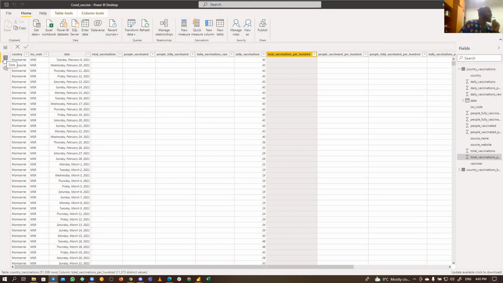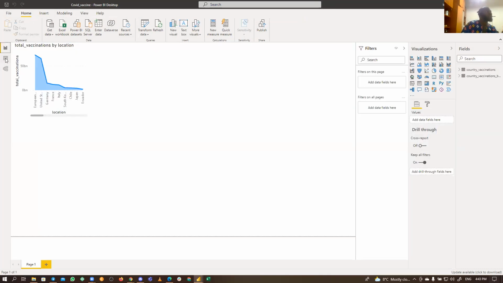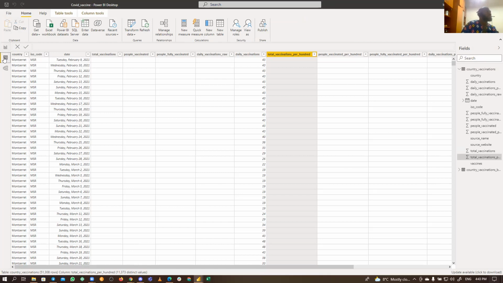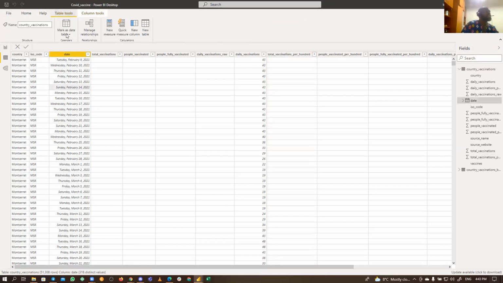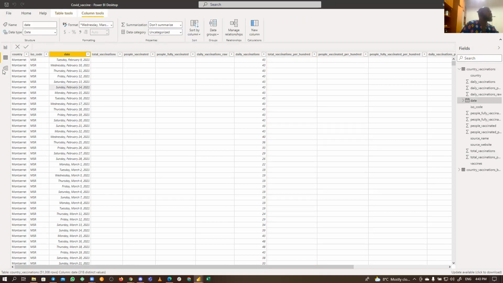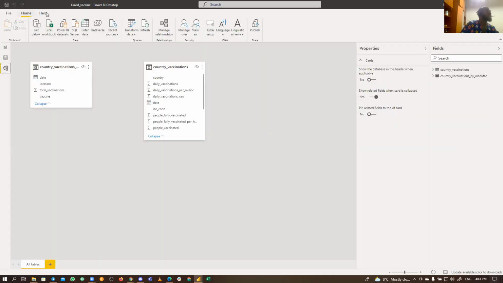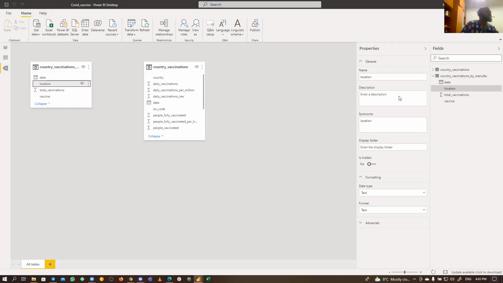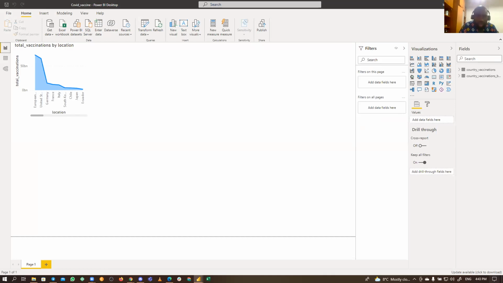Okay. So under the data tab, once you click on it, you can see that we have additional options here as compared to when we were in the report view. Here we don't have modeling anymore, because here we have table tools and column tools. What this does is help you customize your tables, because here you are working with tables, and it helps you customize your columns. Under the model view, we just have home and help. Those are things I want you to know. As you get used to some of these tools, you will probably understand them.